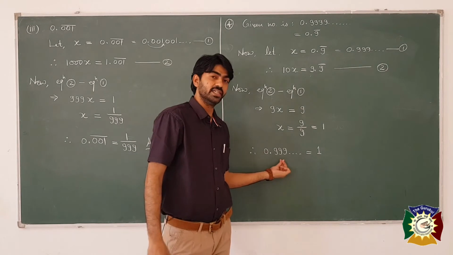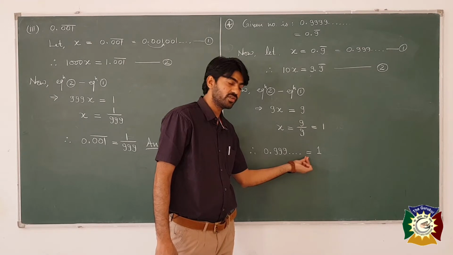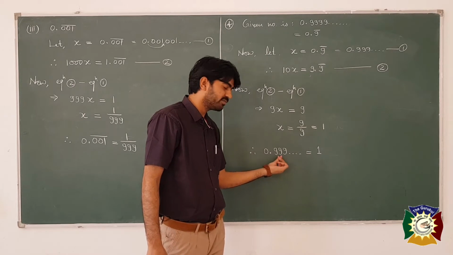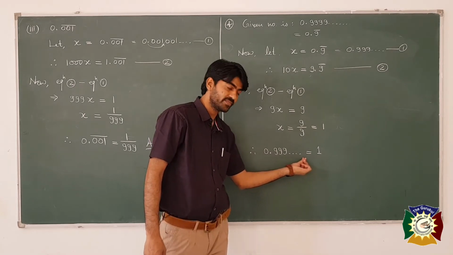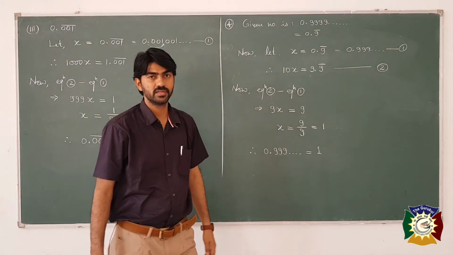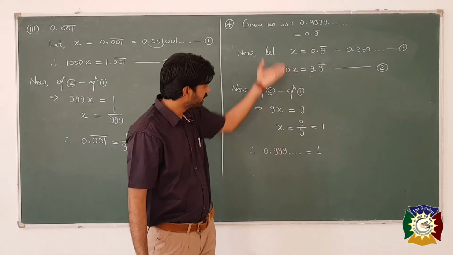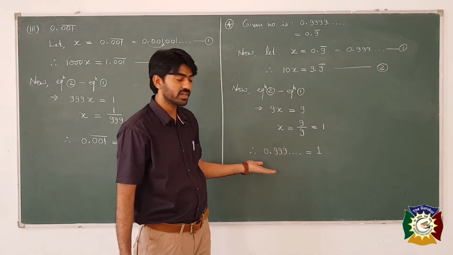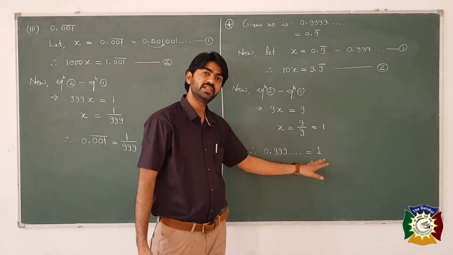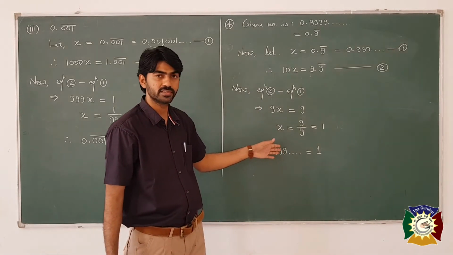So mathematically, when there are infinite 9s, we cannot go for the last digit of this number. So mathematically, when infinite 9s are there, it becomes equal to 1, and this is the proof that this is nothing but 1. If someone asks how, we can explain in this way. This is the proof. So if an infinite number of 9s are there after the decimal, then it becomes 1. This is a mathematical truth, and we have proved this.